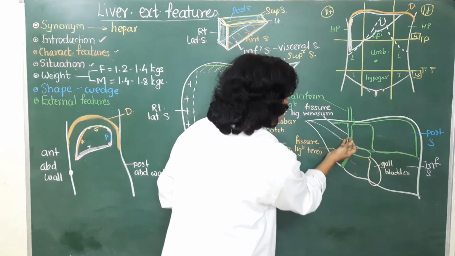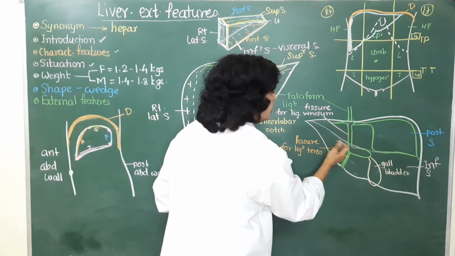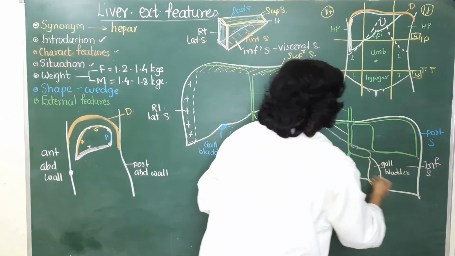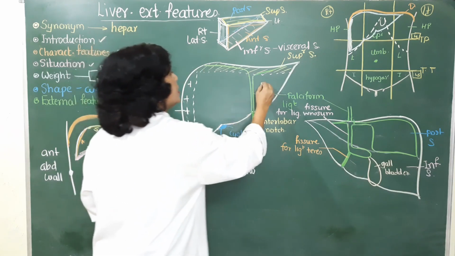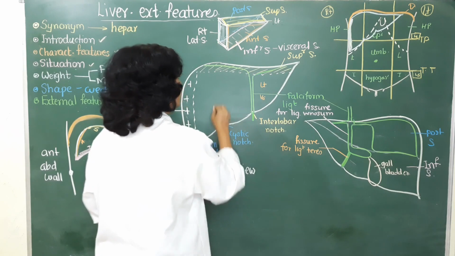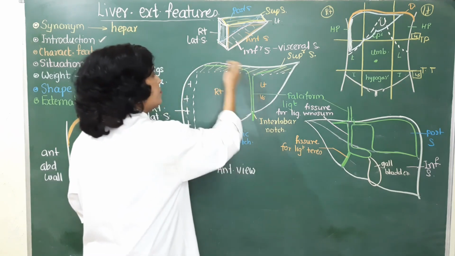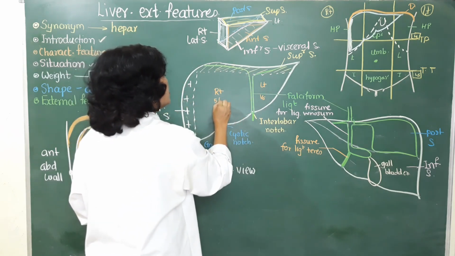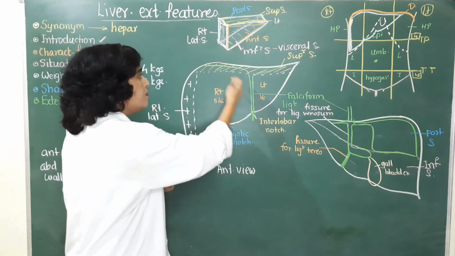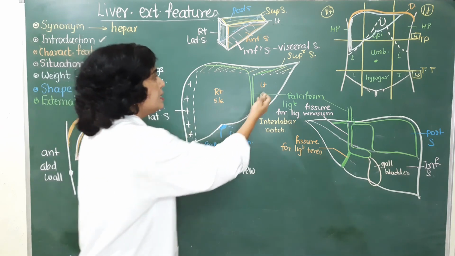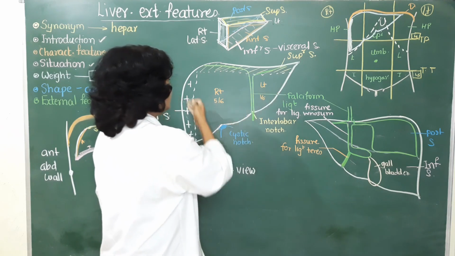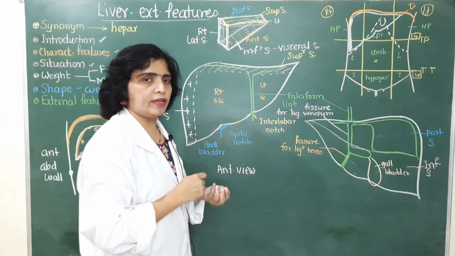So to the left side of this you get the left lobe of the liver, and to the right side of it you get the right lobe of the liver. So it is very clear, the left lobe of the liver is small and it forms only 1/6 of the liver, while the right lobe is very large and it forms 5/6 of the liver. So the right lobe of the liver contributes to all the 5 surfaces of the liver, while the left lobe is flattened from above downwards and it does not contribute to the formation of the right lateral surface.